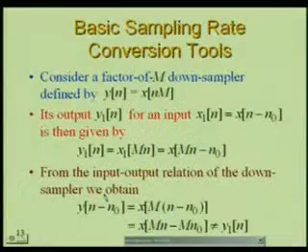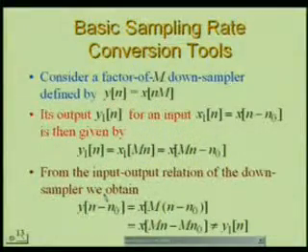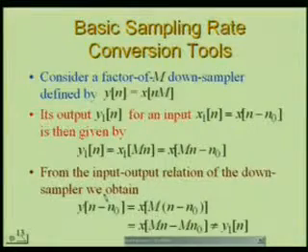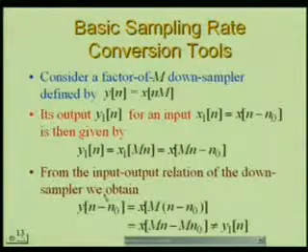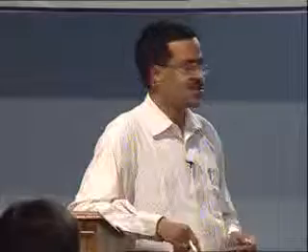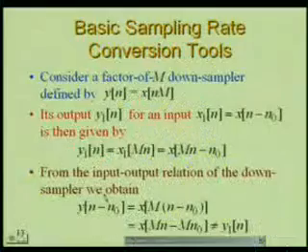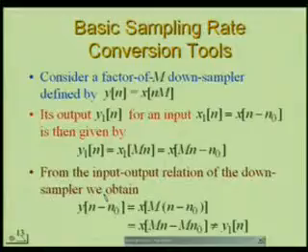Then from the input output relation of the downsampler, we get y[n minus n0] should be equal to x[M(n minus n0)], that is equal to x[Mn minus Mn0], that is not equal to y1[n]. Therefore, we can claim that our downsampler is a linear device, but it is not time invariant, rather it is a time varying digital system,